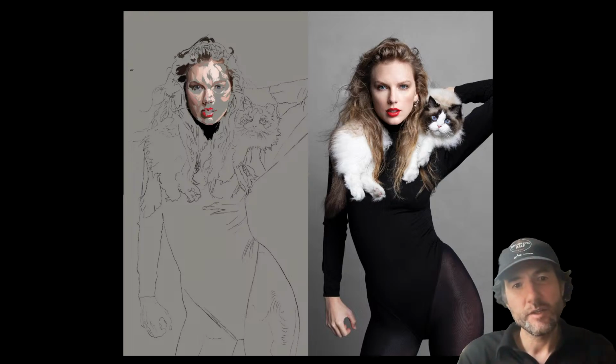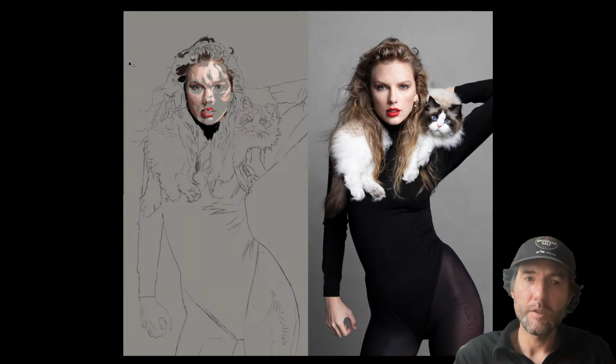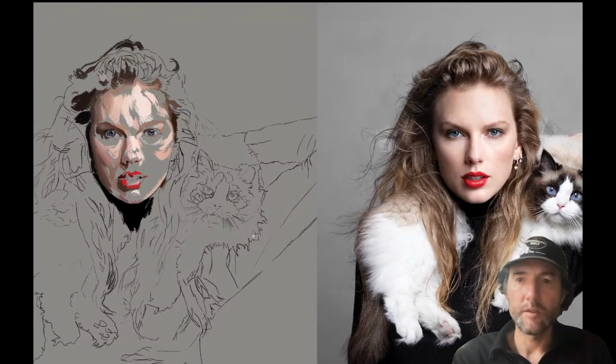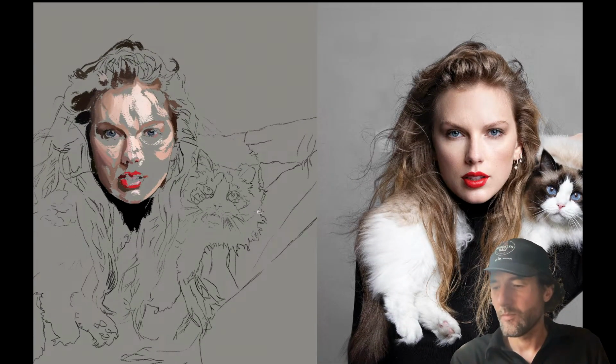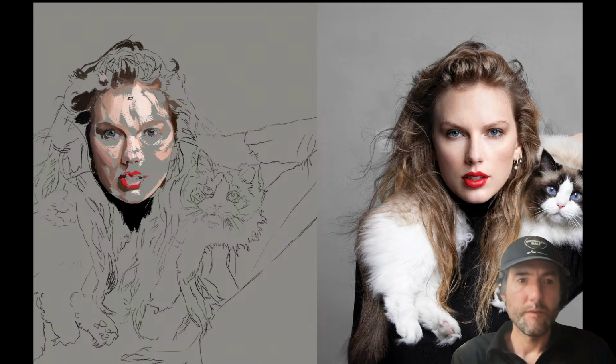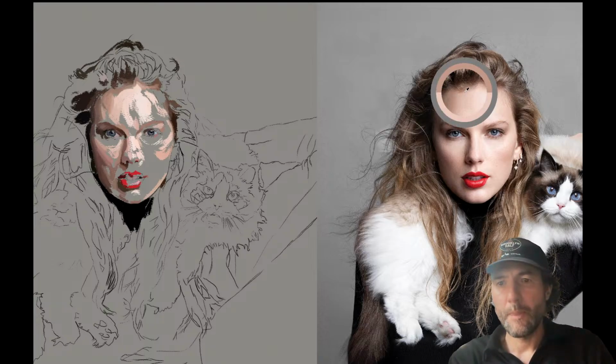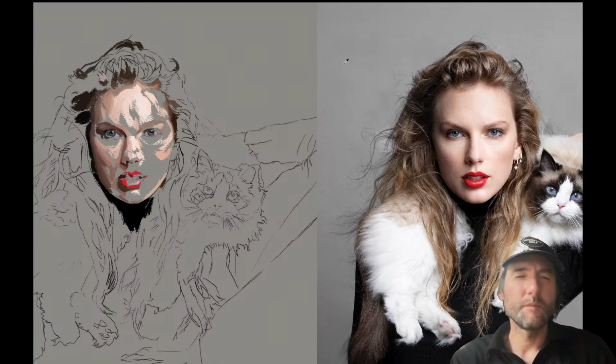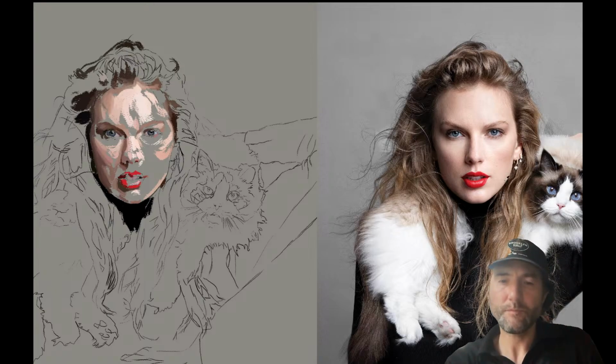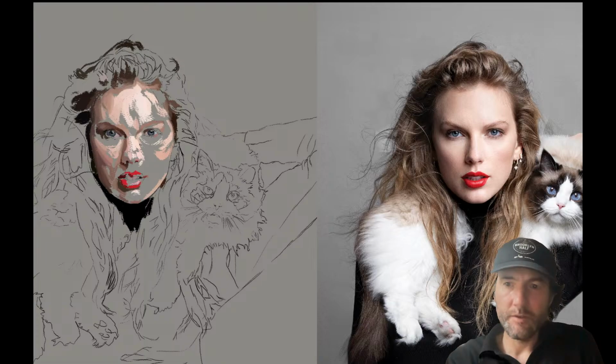Okay, so you can see the head starting to come into play here. It's kind of cool. I don't know. I like it. And again, shadows, bleeding from light into shadow. All of this is very